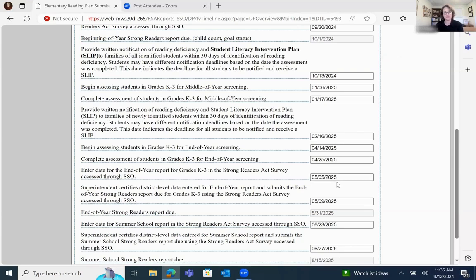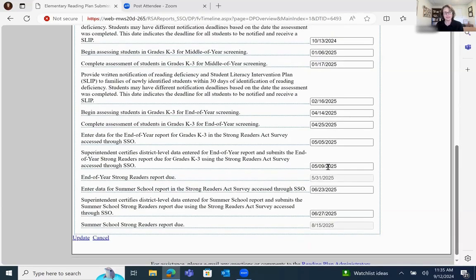And then you're going to enter the date that you would have all of this information entered into your Strong Readers Act survey that you access on single sign-on. I picked May 5th for my date. And then the next date is when your superintendent will certify that data. I put that it would be May 9th of 2025. And then your end of the year report is due on May 31st